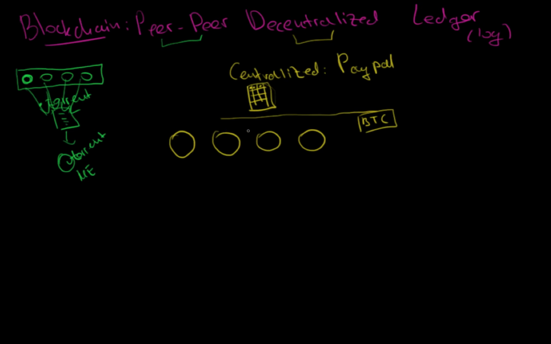So here we have 4 people participating in the network. And each of them runs a specific Bitcoin software that will listen to the network for transactions. Just like mTorrent is listening for torrents, the Bitcoin software will listen for transactions that happen and log them. So let's have an example of a transaction. A sends Bitcoin to B. Initially, A had received 1 Bitcoin from a friend, and now A sends 1 Bitcoin to B.